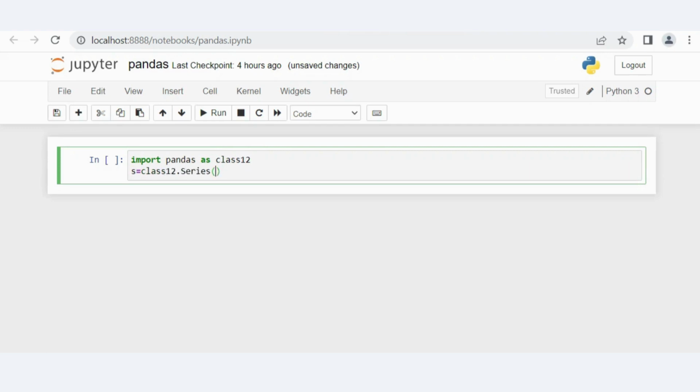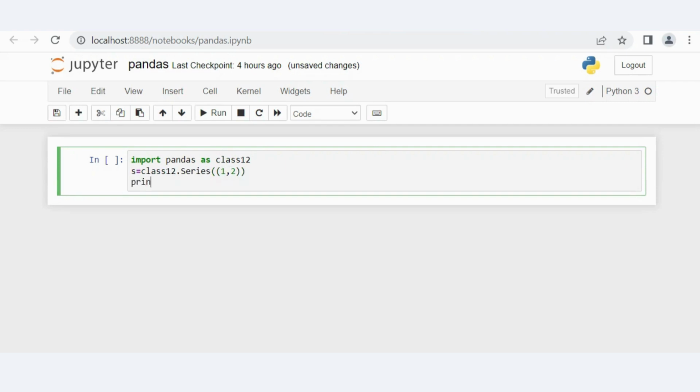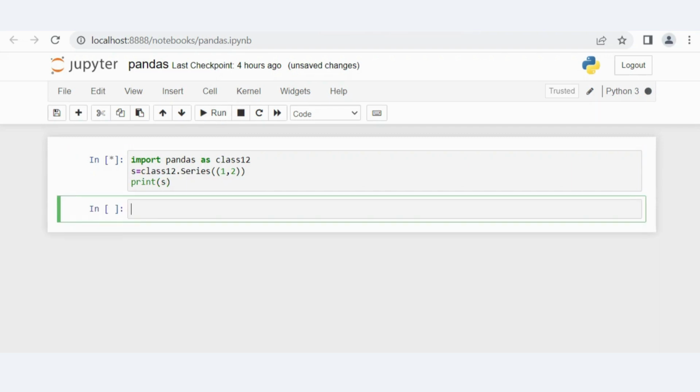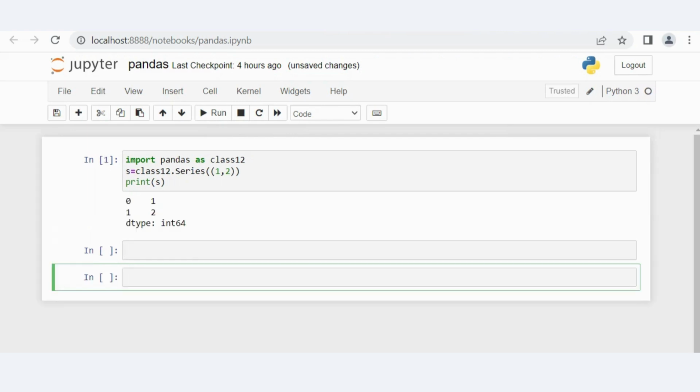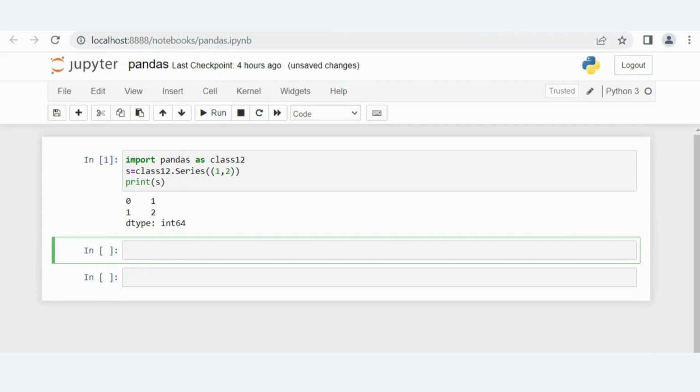I will use a tuple to create a series object, and I will print this series object, and I will run this. So here is the result. Series has been printed of data type int.